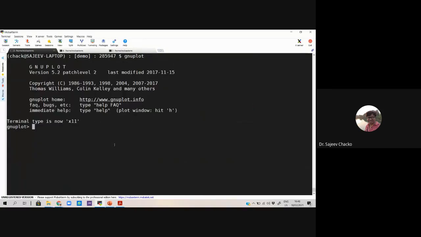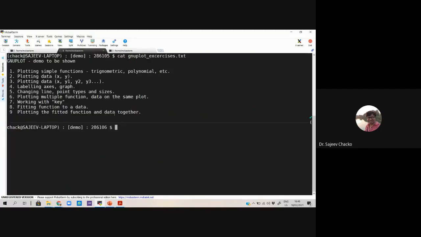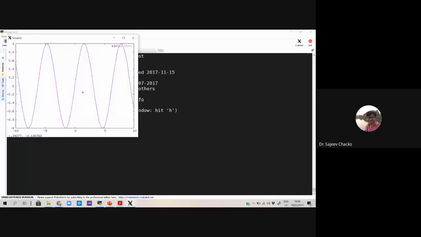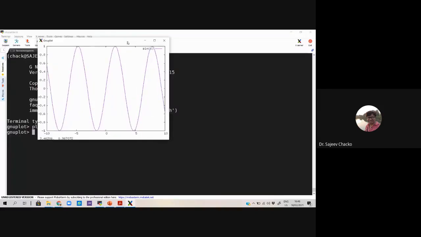You have to run gnuplot. It will open up like this. The first exercise is plotting functions, trigonometry. Plot sin x with lines. That's it. As simple as this.